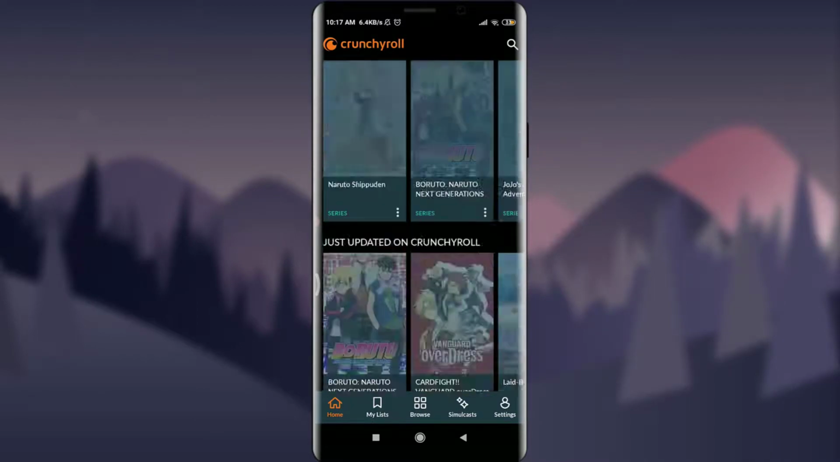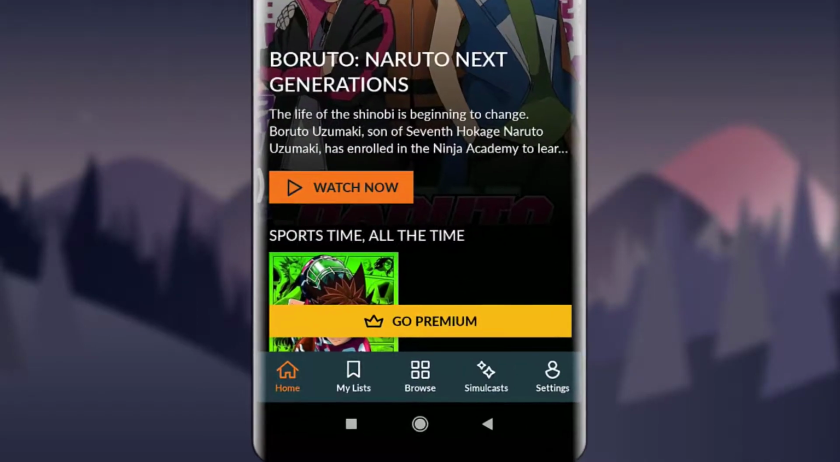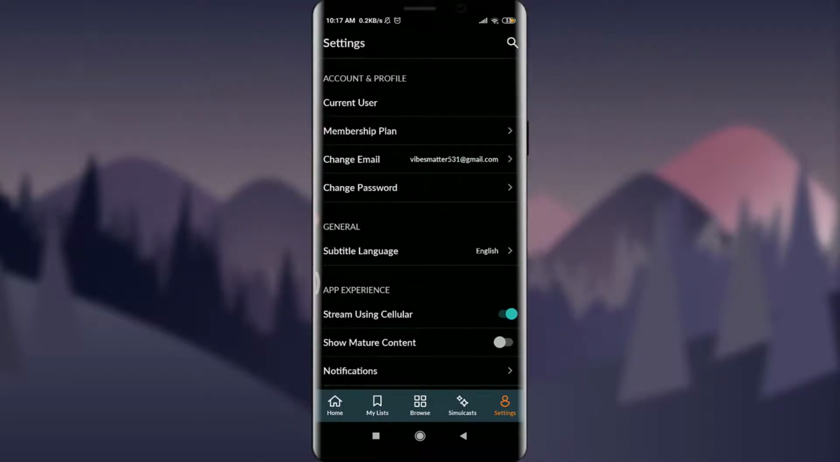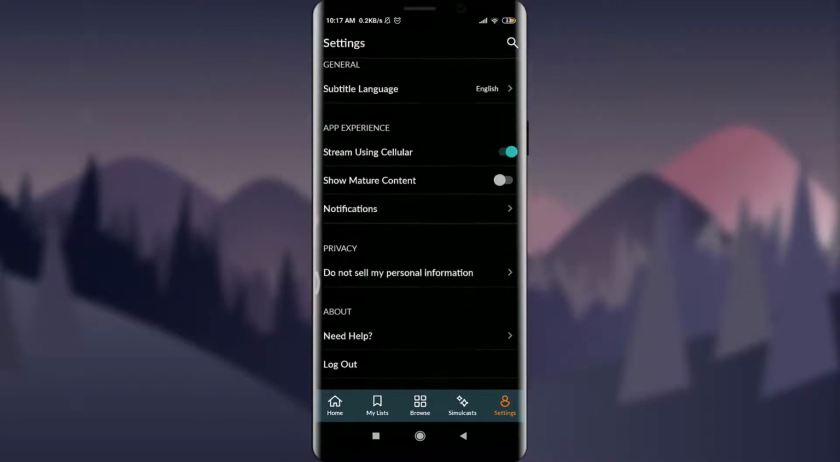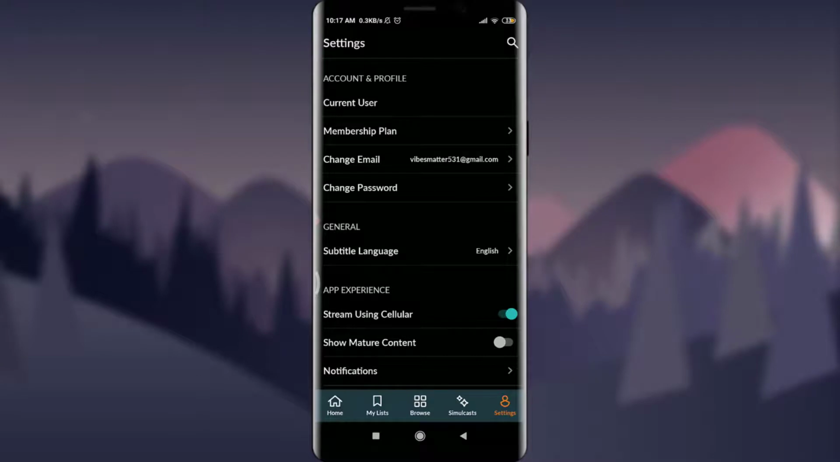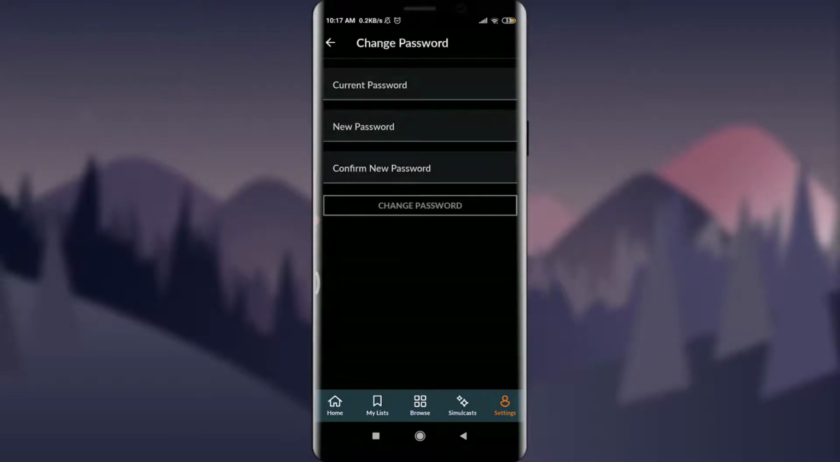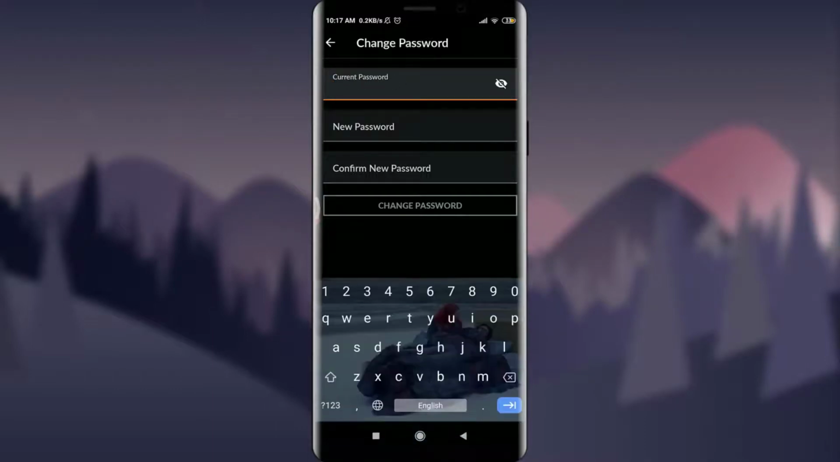All I have to do is tap on the settings option on the bottom right corner of the screen. This will take you to various setting options, as you can see over here. So just below change email, there is an option of change password. Just tap on it. Now you can enter your current password at first